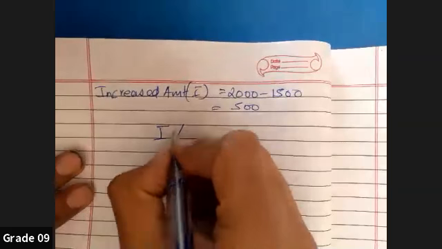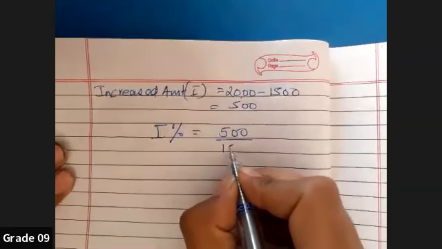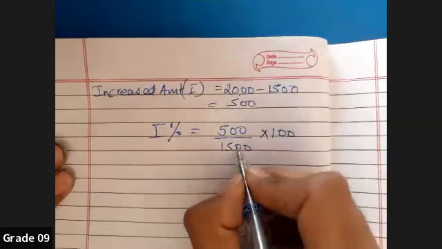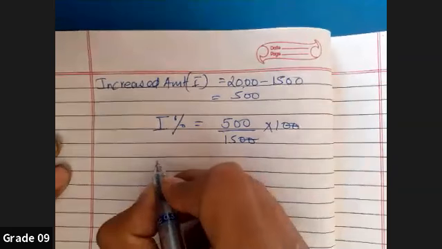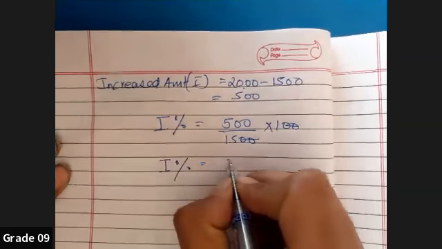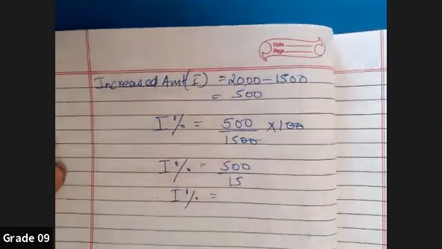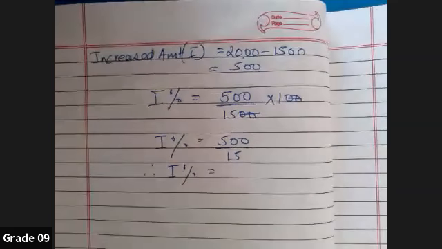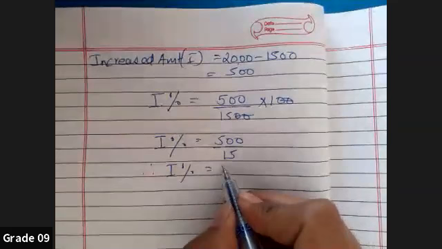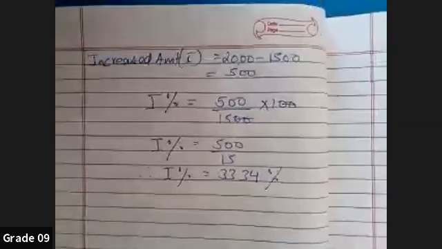If you have to find the increased percent also, we can find that. The increase is relative to the old price, so it is 500 by 1500 into 100. That means by how much percent it has been increased. Okay, 500 divided by 15. Can one of you divide this 500 by 15 and let me know in the chat? 33 also we can write. So 500 divided by 15 is 33.34 percent or similar to this. So this is your answer.